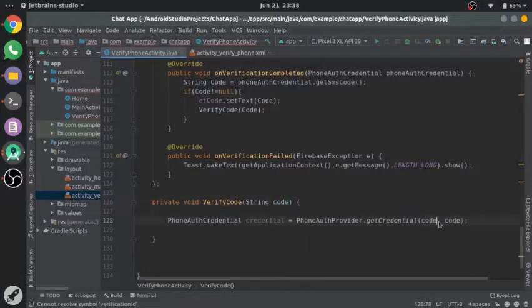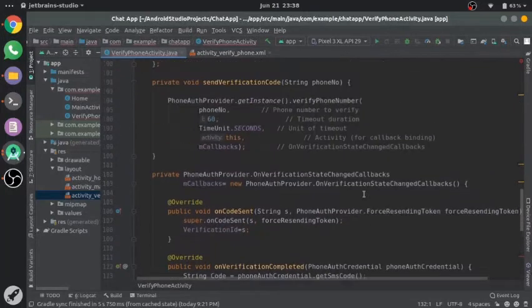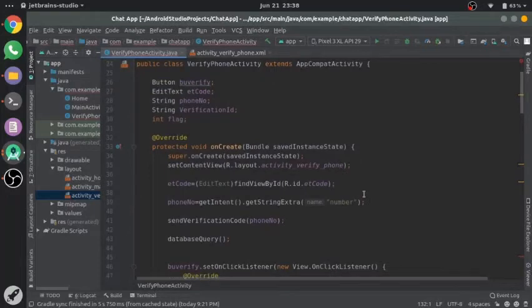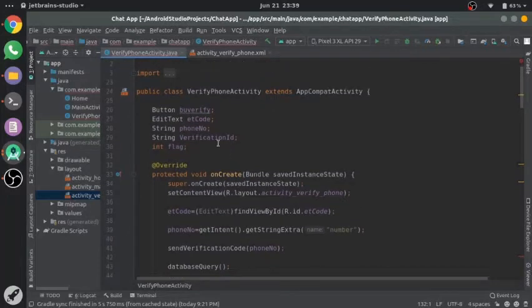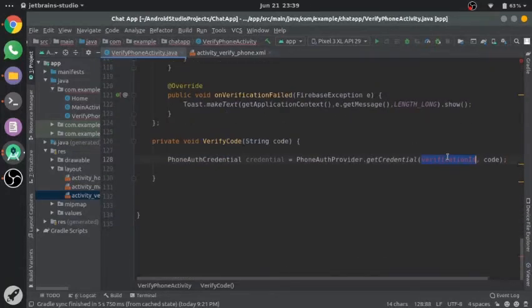Oh, sorry, verification ID. Copy this and paste it here.